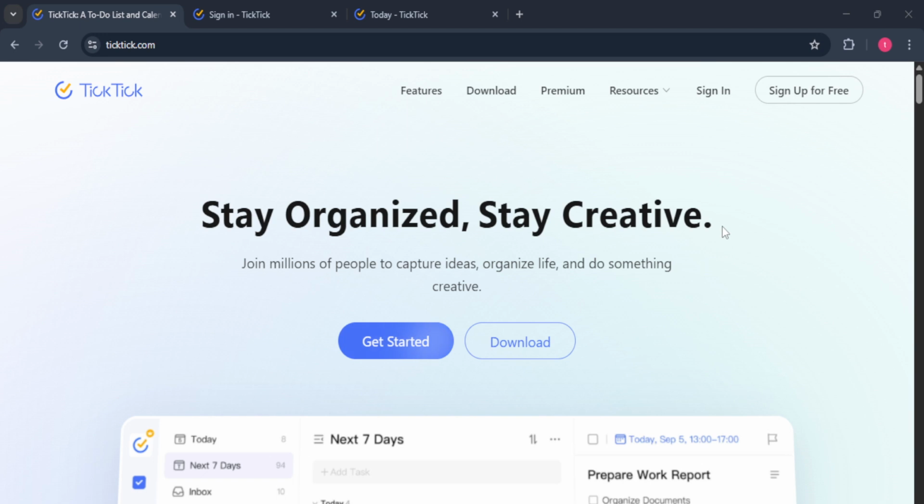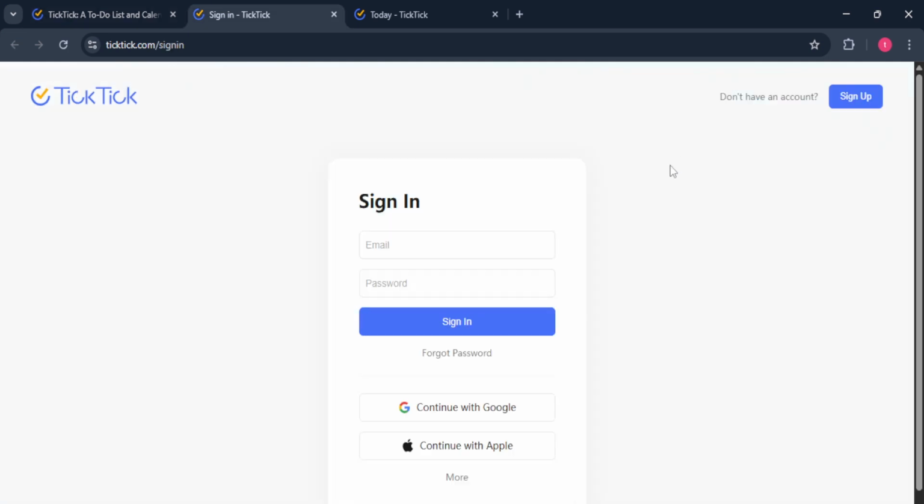Once there, you'll notice a sign in button prominently displayed on the homepage. Clicking on this will take you to the login options. For convenience, you might want to use the Google sign-in method, provided that it's suitable for accessing your Ticktick account. Select your account from the list and you'll be signed in automatically without the need for entering passwords or other